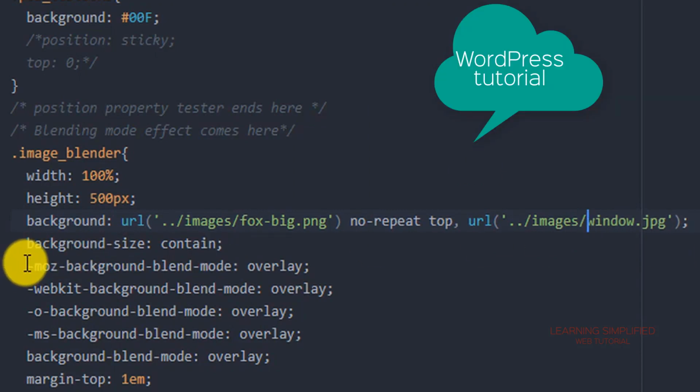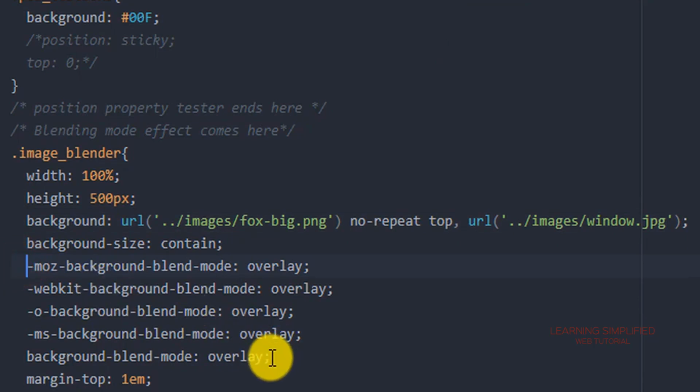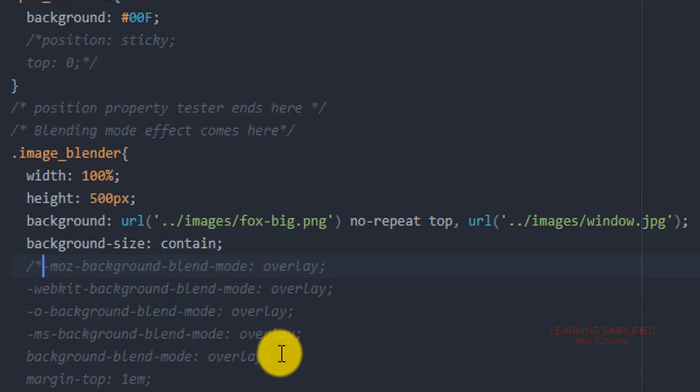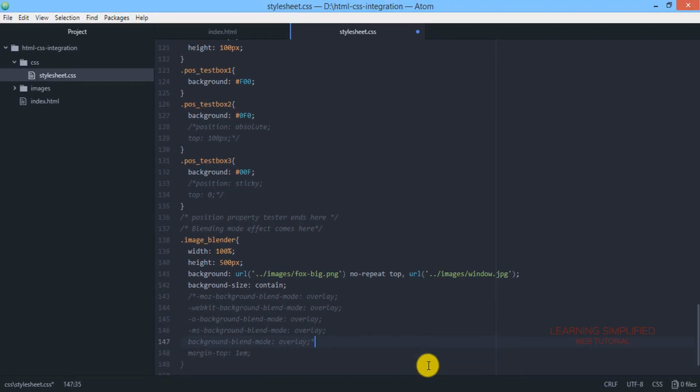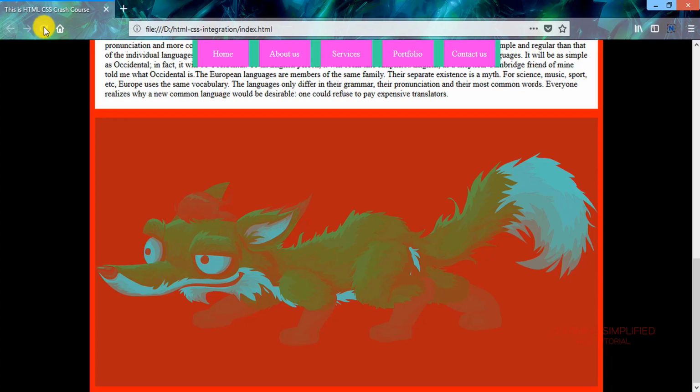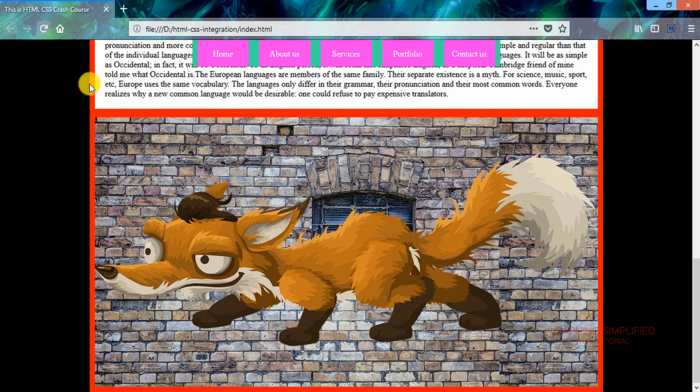In the very first case, we are going to comment this particular thing off that we had done. Let's get back to our project and reload, and we can see that this is the scenario.